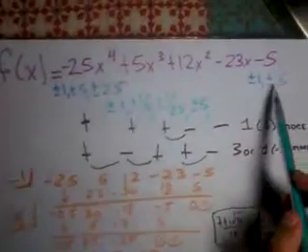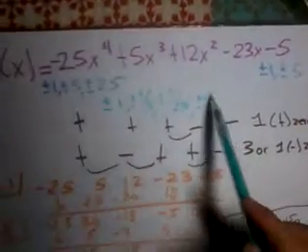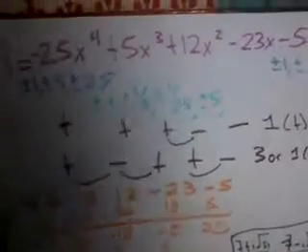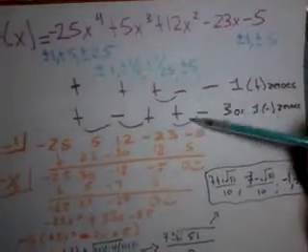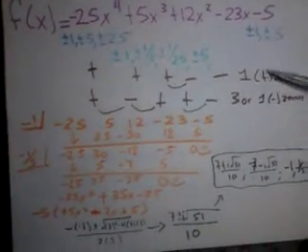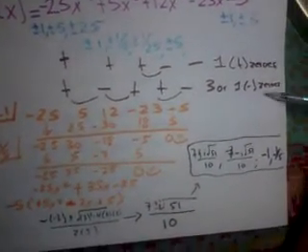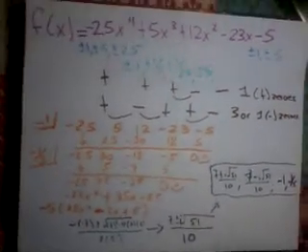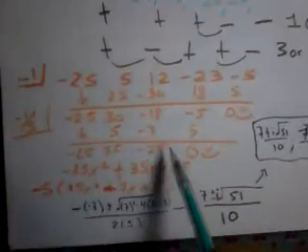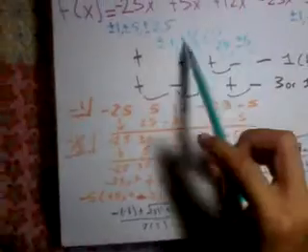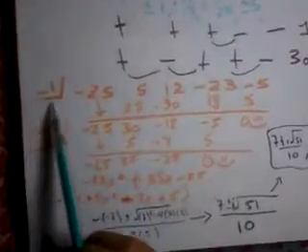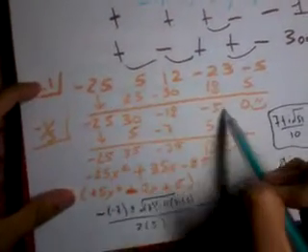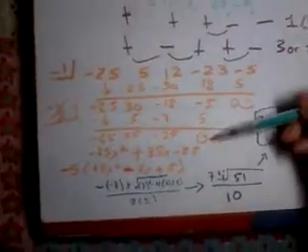So we find our p's and our q's, and then we do the p's over the q's, and then we use the discarded rule of signs. So we have this here, and then we find the possible positive zeros and the possible negative zeros. So in this case it's 1 or 3 or 1. And then we use synthetic division by plugging in one of the numbers from here. So I plugged in -1, and then we have this. We still use this as our header and continue going on.